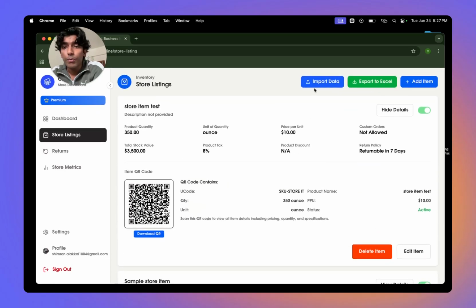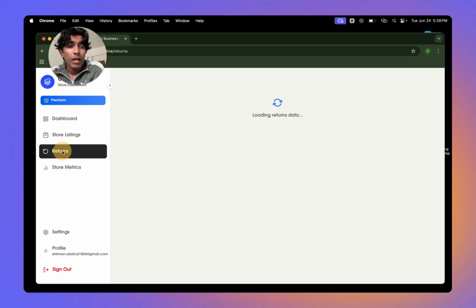You could also import and export data, which makes it easier if you're trying to add a new store into the system. And going into returns,